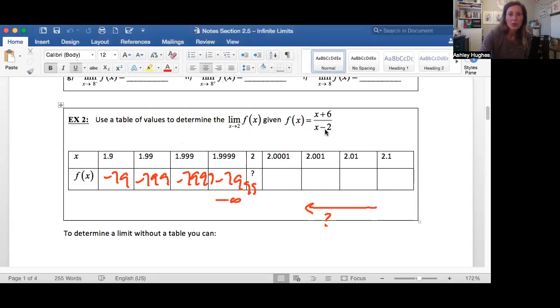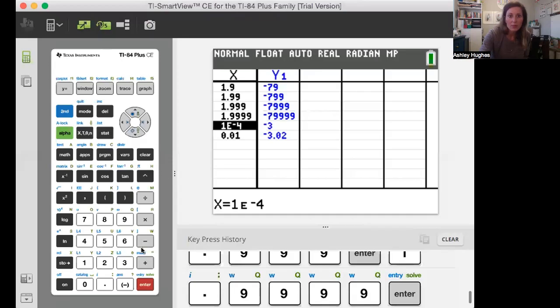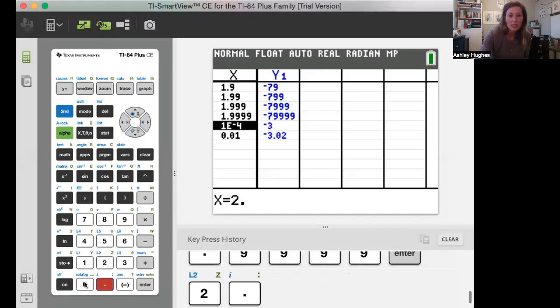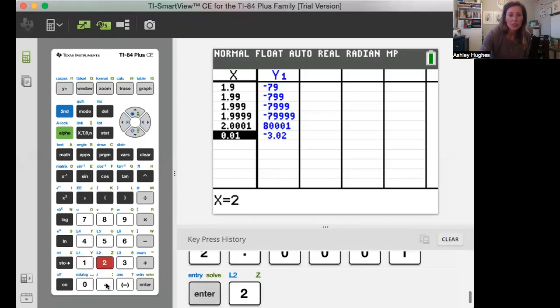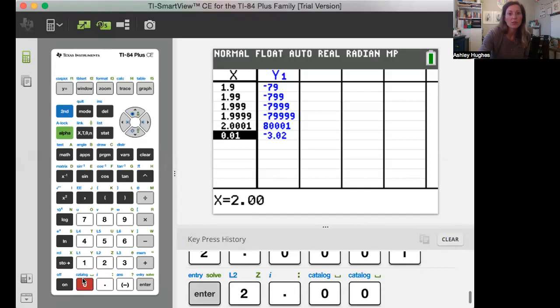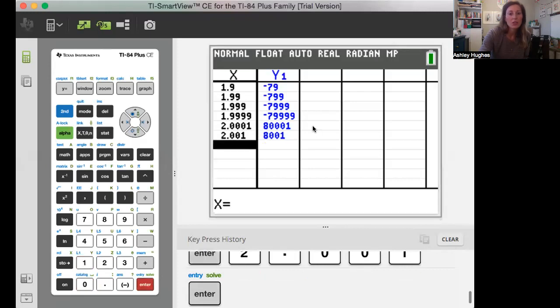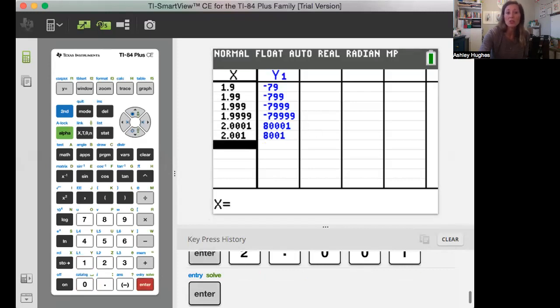We're going to plug in 2.001. So let me share the calculator again. And now we're going to plug in 2.0001. Okay, so you can automatically see these are large, but they're large positive numbers. So that means that overall, I have to say the limit does not exist because you're getting,